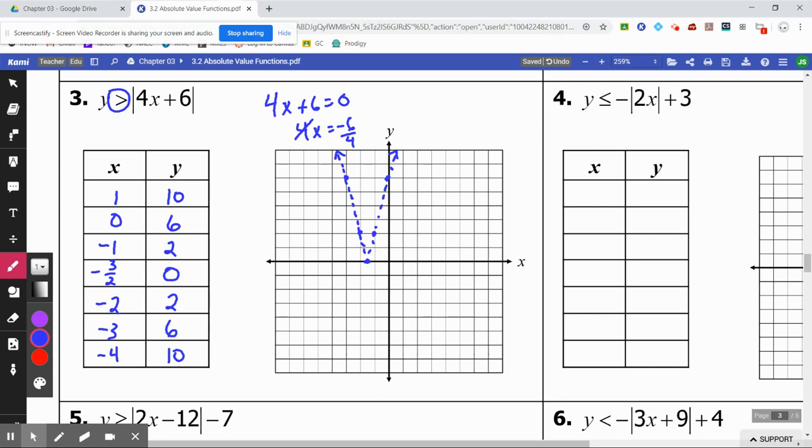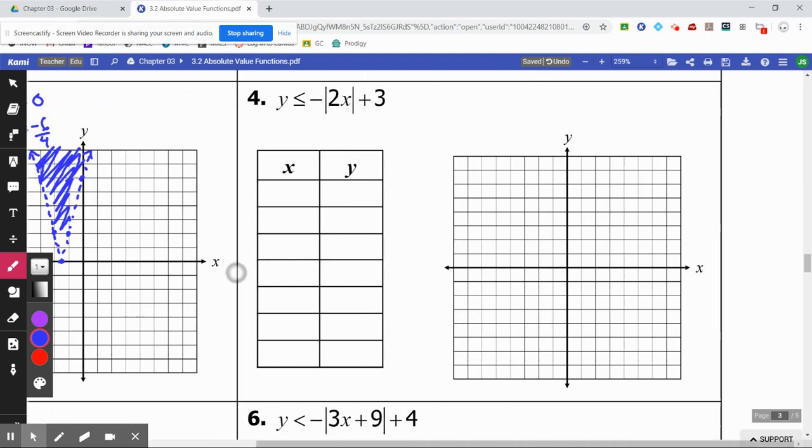There's your arrows. And since you're greater than, that means to go to any point. We're going to shade above those points that are on your graph. So you're going to shade on the inside there. Number 4,